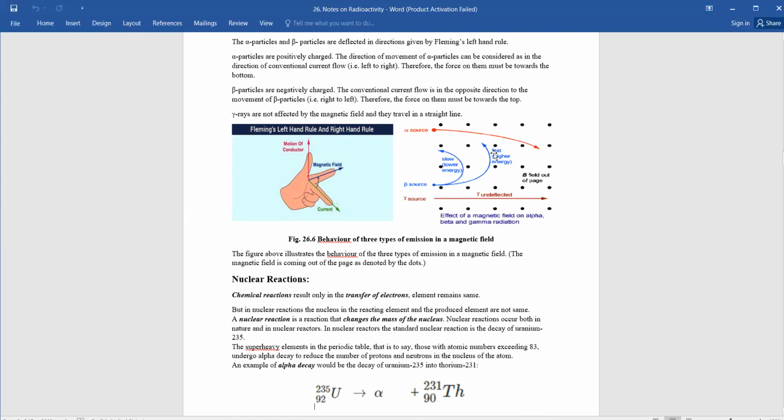They did not say whether the magnetic field is going into the page or out of the page, but we know that beta particles are lighter. They are electrons and their mass is very less in comparison to protons and neutrons, right? Is it clear, Adnan? Yes, sir. Okay, now we will use this lighter and heavier concept over there. Then you will get it, no problem.